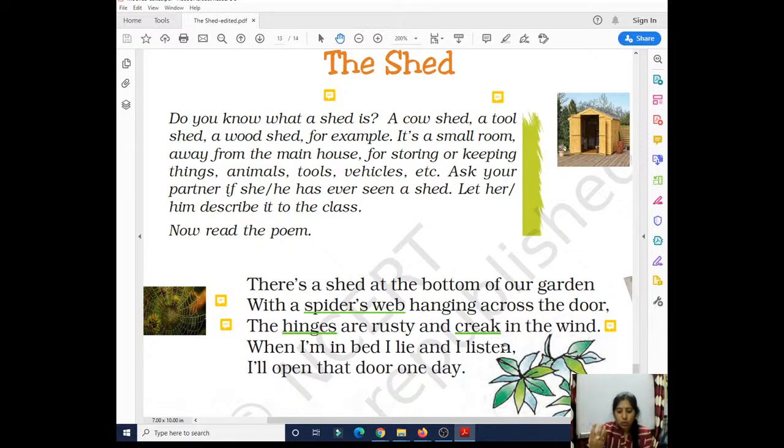When we try to open the door, or when the wind blows, we hear the cracking sound. And the narrator is very curious to open the door one day, because he gets the same sound. Clear to you? Now our next is that